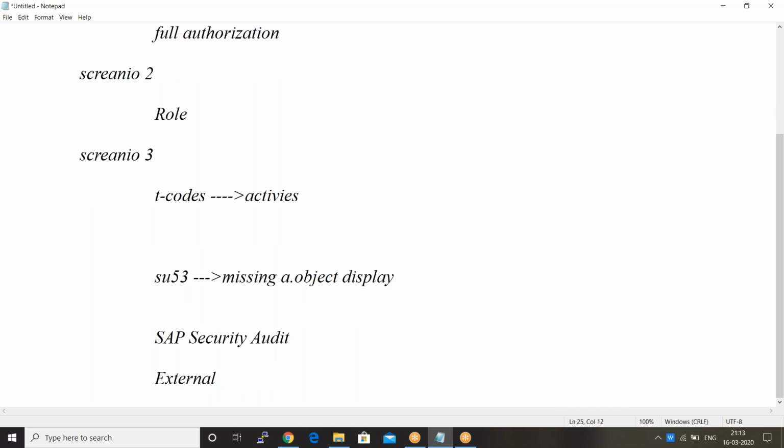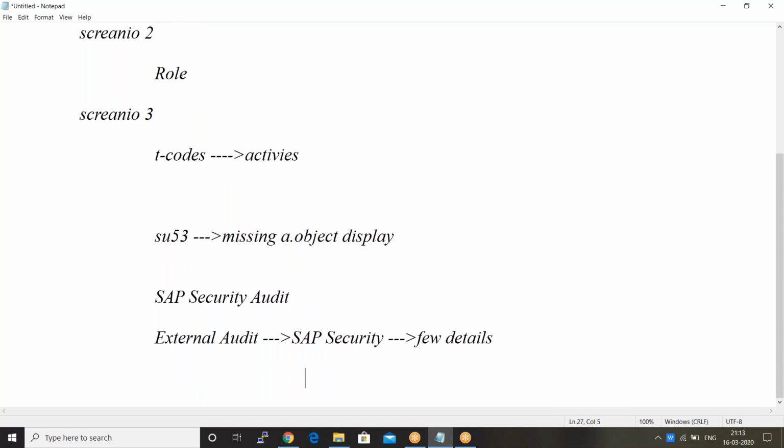They will contact your SAP security and ask for a few details. What details are they asking? Now I want to know who has, let's say a simple question, how many users have SAP_ALL?